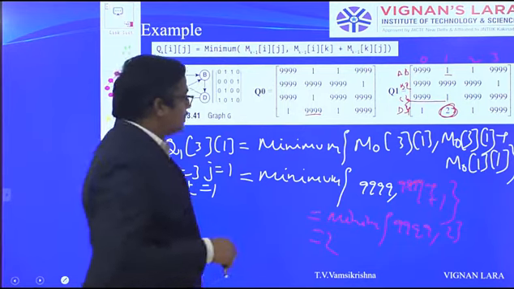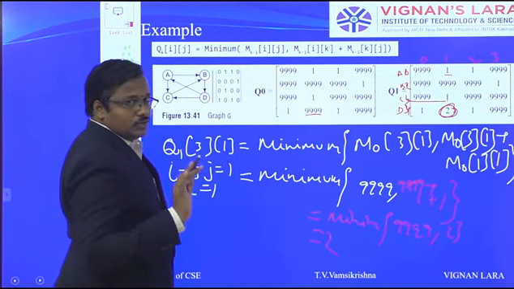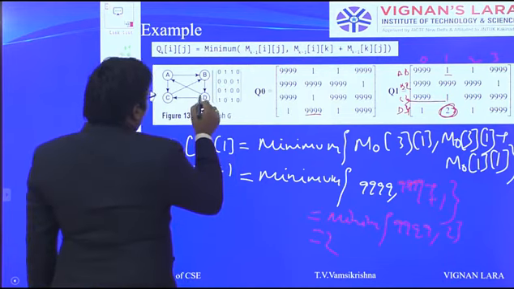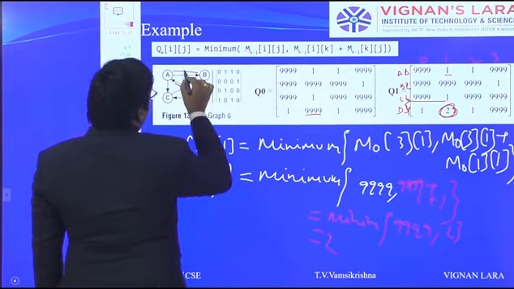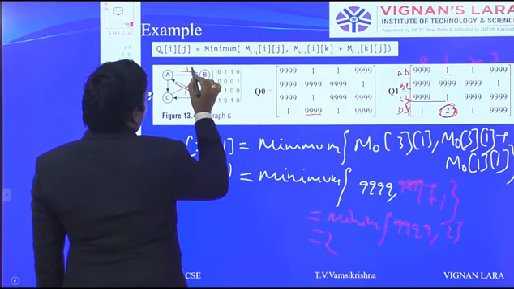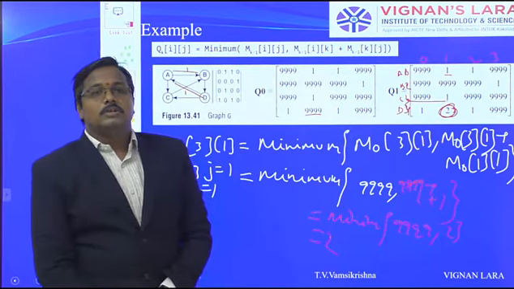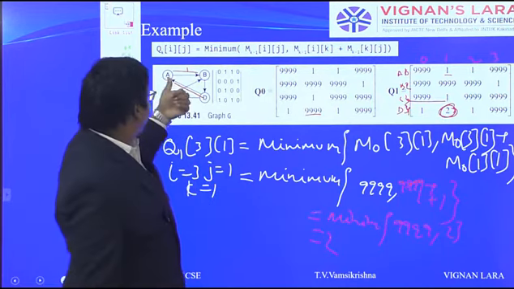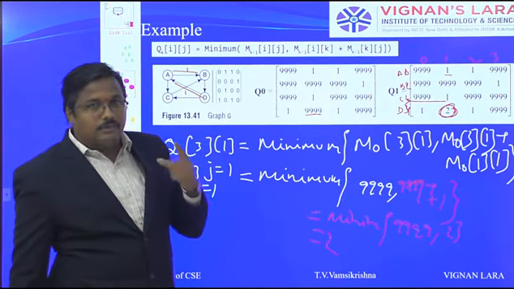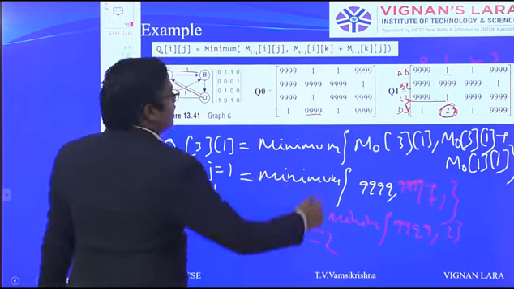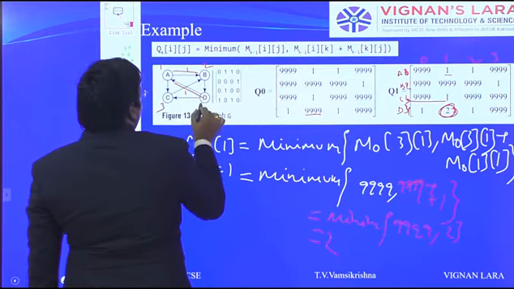In other terms, we can say that from D to B there is no direct edge. So D to A is an edge, A to B is an edge. So this is one distance, this is one distance. 1 plus 1 is 2. That's why here we are representing 2. So when we are considering via vertex A, which is 1, here A is represented. That's why I am changing. A value is 1, B value is 2, C value is 3, D value is 4.